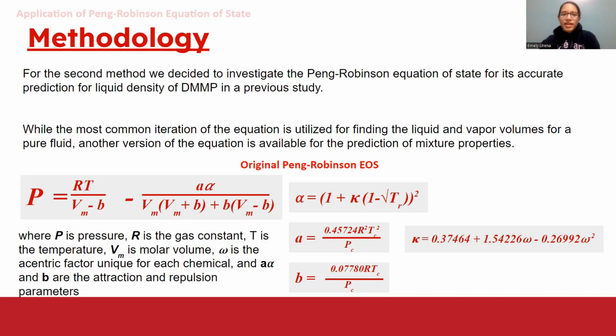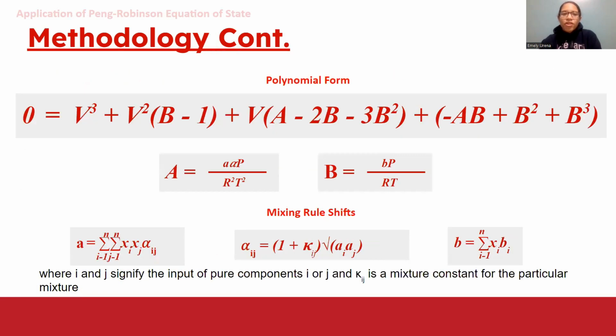For part 2 of this study, I investigated the applicability of the Peng-Robinson equation of state, which was able to accurately predict the liquid density of DMMP in a previous study. While the equation is utilized for bulk compounds, an iteration of the equation for mixtures has been made, yet rarely used. For the new Python script to calculate densities, the polynomial form of the equation was used with the application